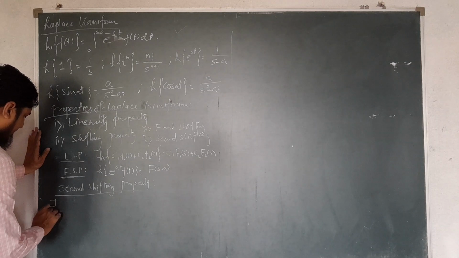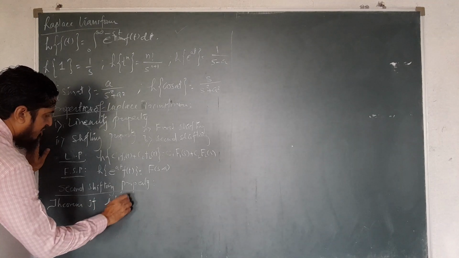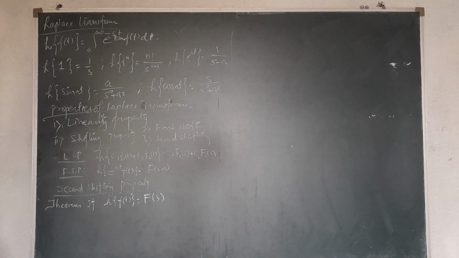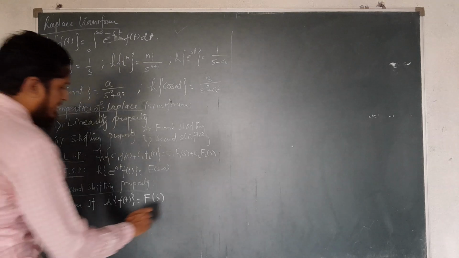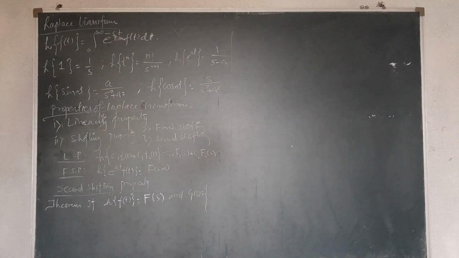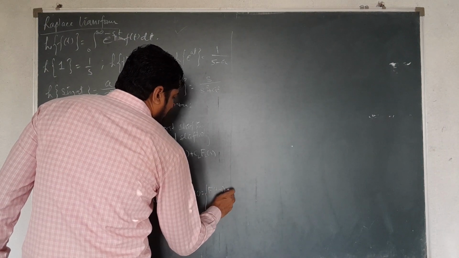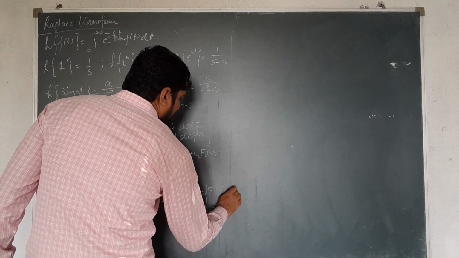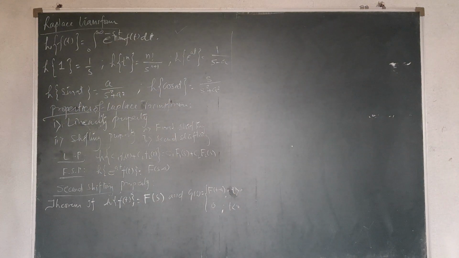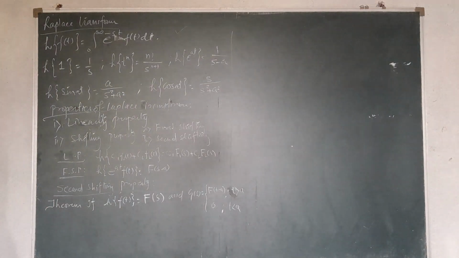Theorem: if the Laplace transform of f(t) is equal to F(s), correct, and g(t) is equal to f(t minus a) when t is greater than a, and 0 when t is less than a. Then